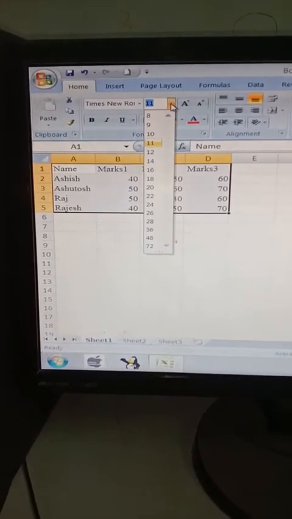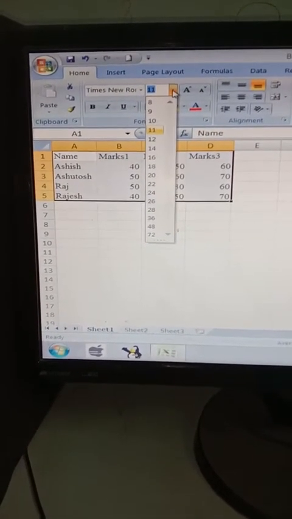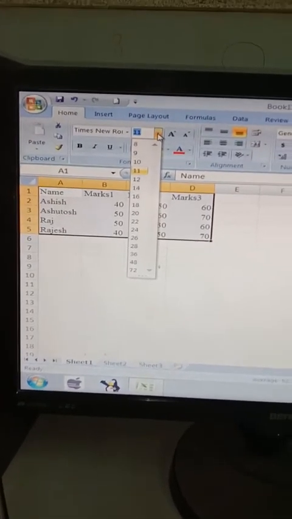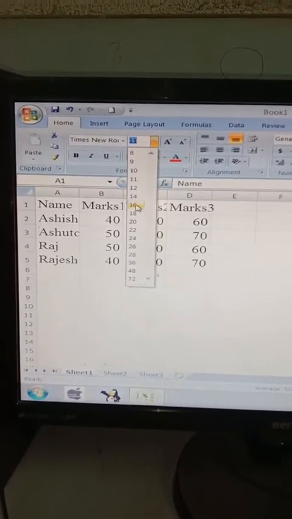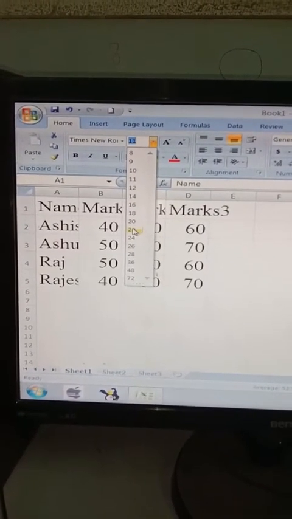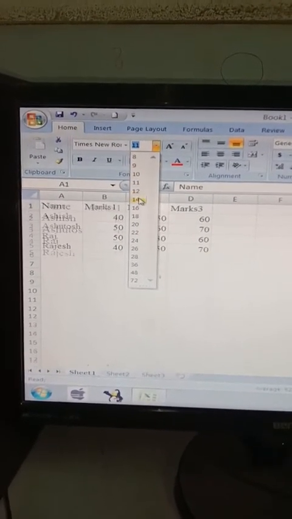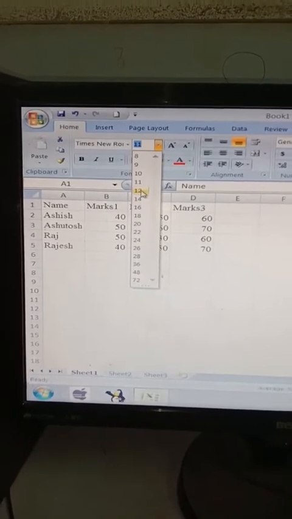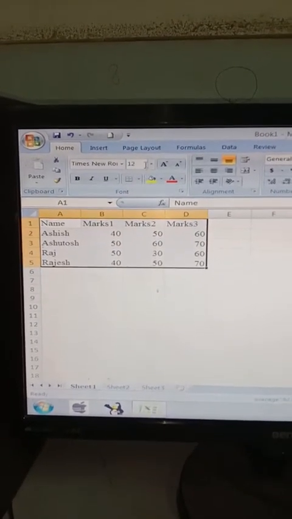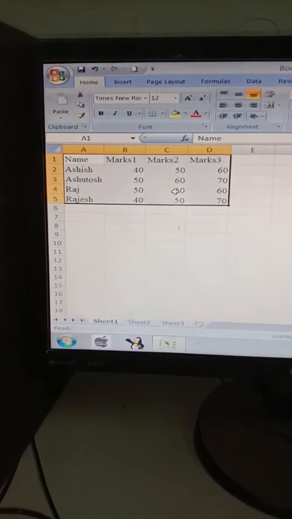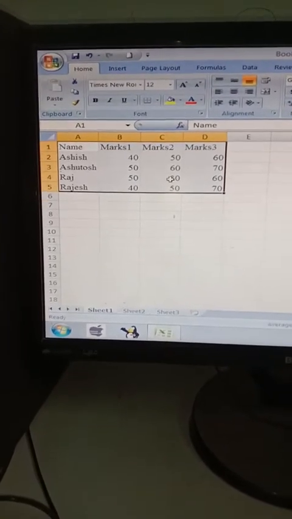I can change my font size to any of the desired points, like 16, 22, 10, 9 according to our requirement. Suppose I have clicked on 12. So the font size is 12 now. This is how we can change the font size.